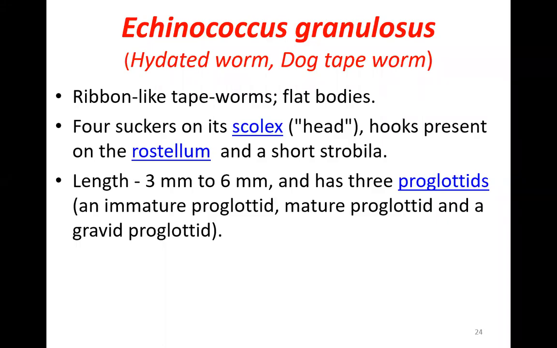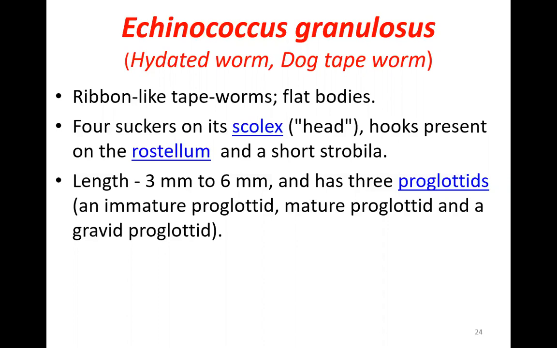The parasite to be discussed in this lecture is Echinococcus granulosus, which is also called hydatid or the dog tapeworm. Like other tapeworms, this parasite is also a ribbon-like tapeworm having a flat body. Suckers are present on its scolex or head, and hooks are present on the rostrum, and there is a short strobila. The length of this parasite is just 3 millimeters to 6 millimeters